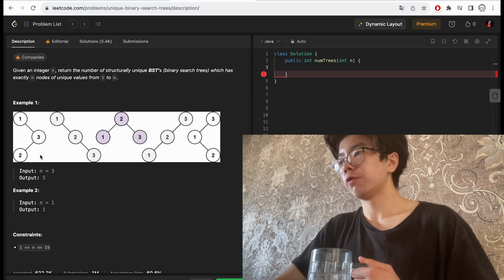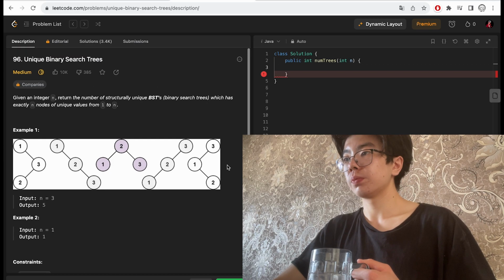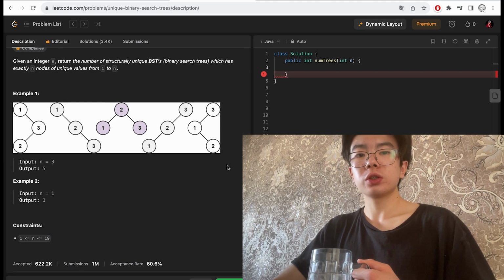So in the first example we have integers from 1 to 3, and here we have the first binary tree, it's 1 3 2, the second one 1 2 3, the third one 2 1 3, the fourth one 3 2 1, and the last one 3 1 2. So before we solved